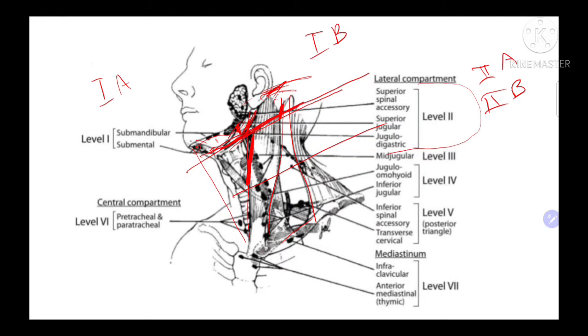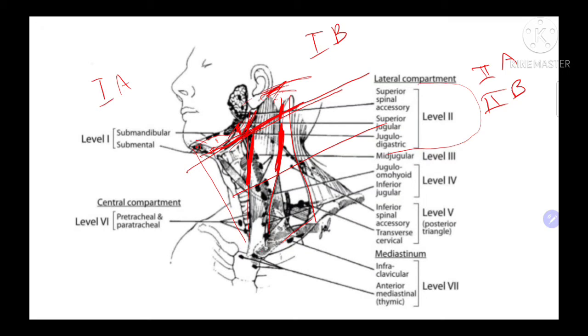Posteriorly, the posterior border of the sternocleidomastoid muscle. You see, this is a very easy one. And medially, we're going to have the medial border of the common carotid artery. Easy. So level 3 we don't separate into